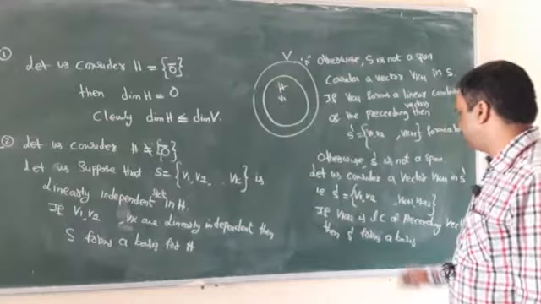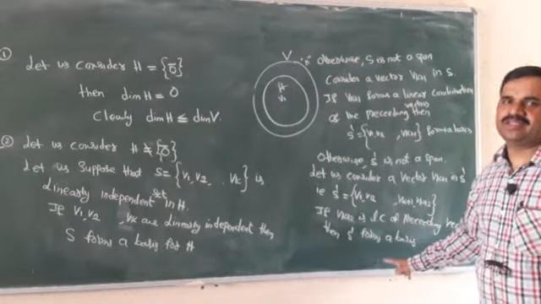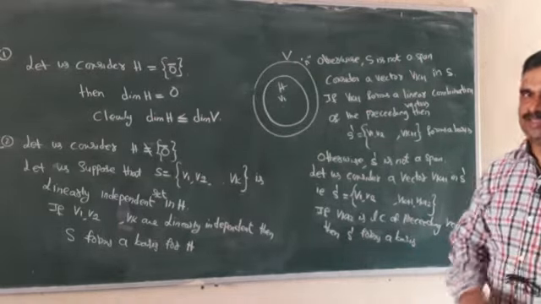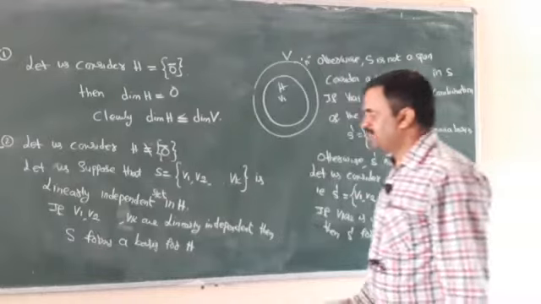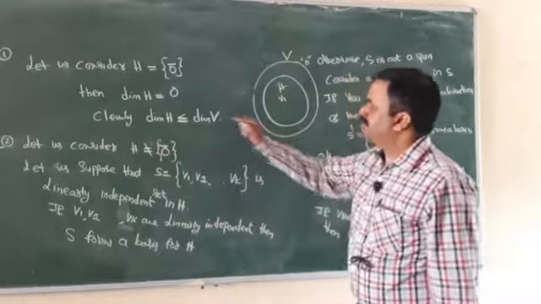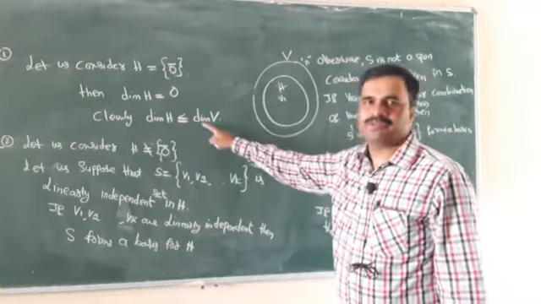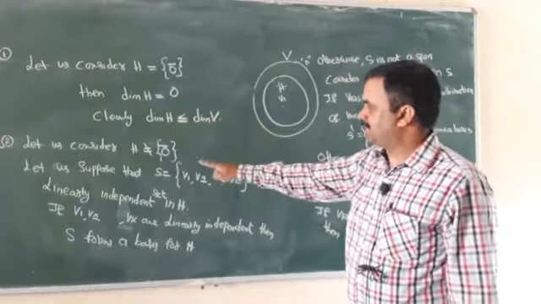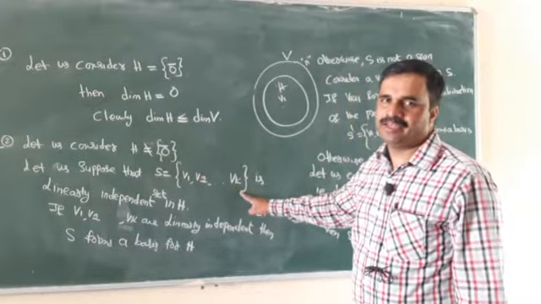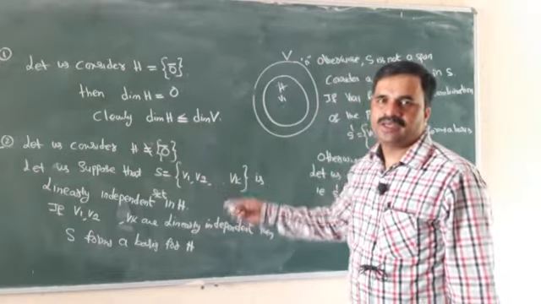Copy up to here. Continuing this process, we can get a set which forms a basis for H. Once again, first we consider the zero set, whose dimension is 0, less than or equal to dimension of V. First bit is over. Second, I am considering H a non-zero set. K elements are there. If all are linearly independent, it forms a basis. If it does not form a basis, I will add one more vector.